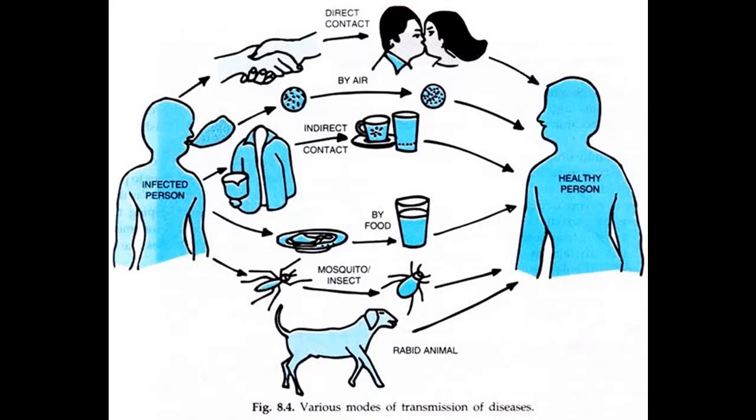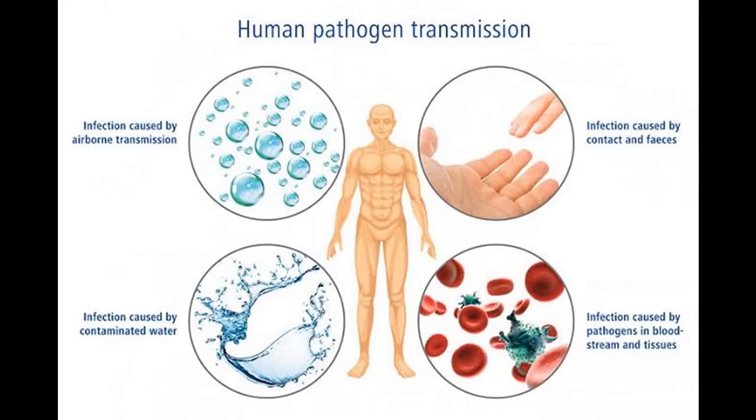Inoculation into skin or mucosa. Certain diseases spread in another way. For example, rabies is spread to humans from animals. It is generally known that it occurs due to a dog bite or a monkey bite. The HIV, human immunodeficiency virus, can be transmitted by sexual contact or through transmission of infected blood from an infected person. Second one is indirect transmission.